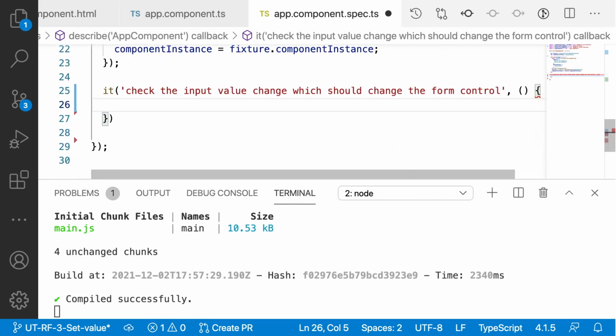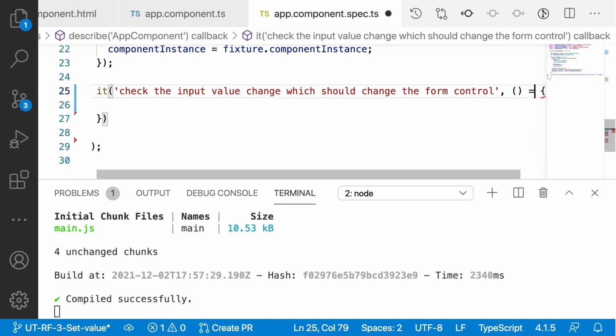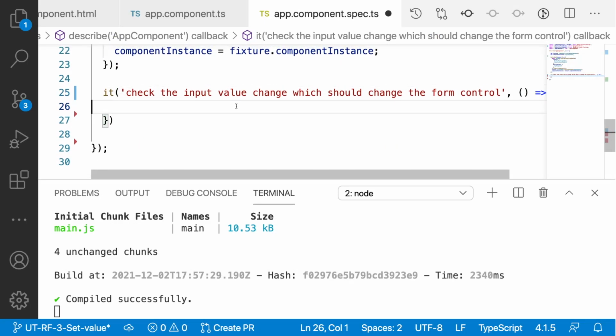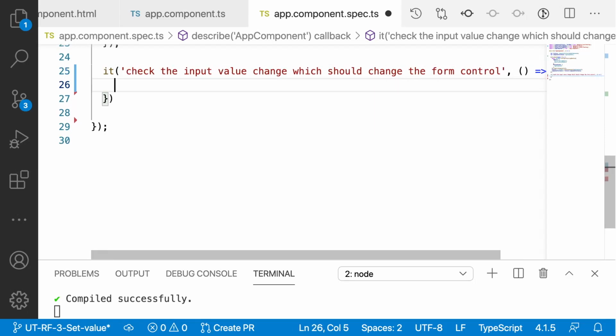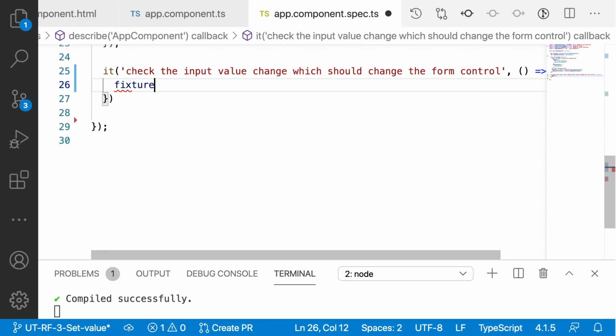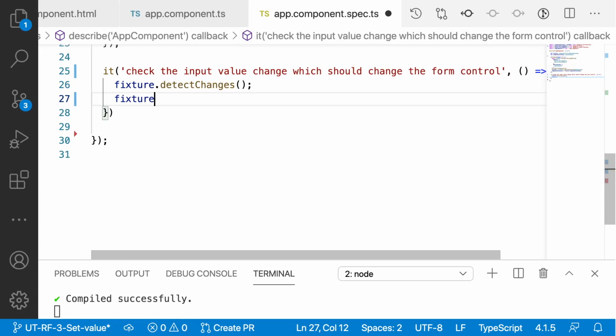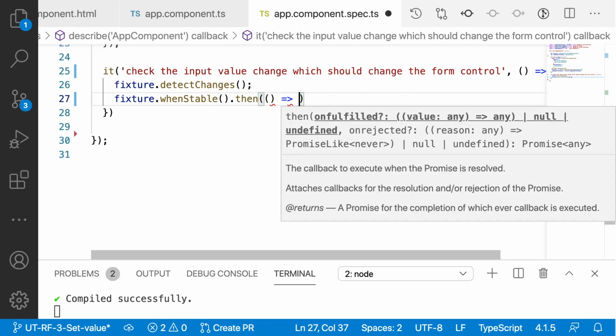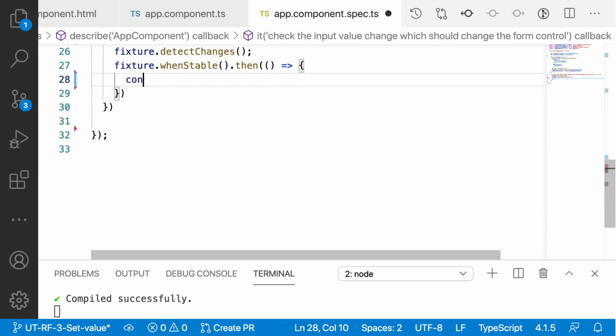It has a callback function, and that callback function is an arrow function. Inside this, let me detect the changes first, so fixture.detectChanges. Once it is stable, I can use a promise callback called then, and inside this then I have a callback. Inside the callback, let me get that ID first.